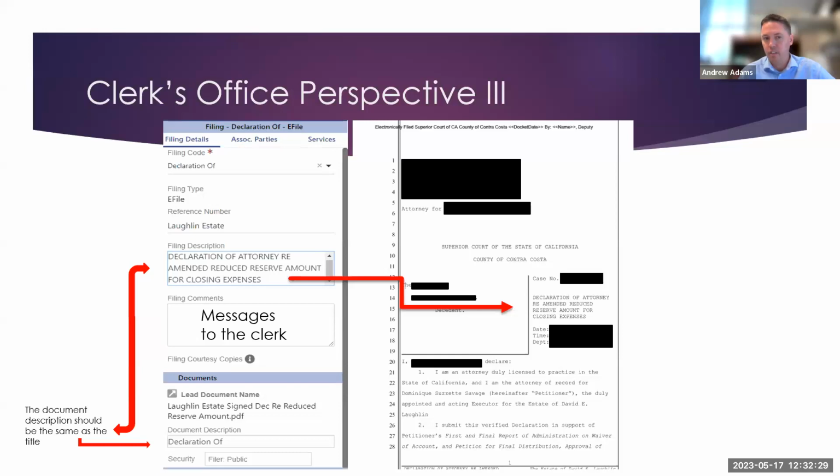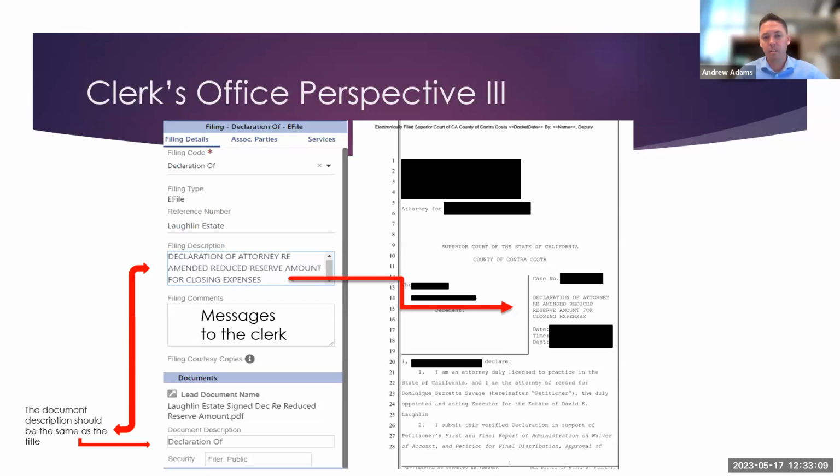So a declaration is a declaration, and then you would fill in what the declaration is. We don't want 30 different types of declarations, and we're getting questions all the time going, which one do I need to pick? If you're not sure of what to pick on a filing code, pick whatever you think is closest, or you can pick something called miscellaneous filing. If you pick miscellaneous filing, basically what it tells the clerk is I have to look at what they're submitting, that it doesn't quite fit whatever filing code they were trying to use. And we can figure out whether we can actually find the correct code or if we need to switch it once it gets to Odyssey. The main important piece is we want your document, the name and all that stuff we can fix later. But if there's any questions about that.